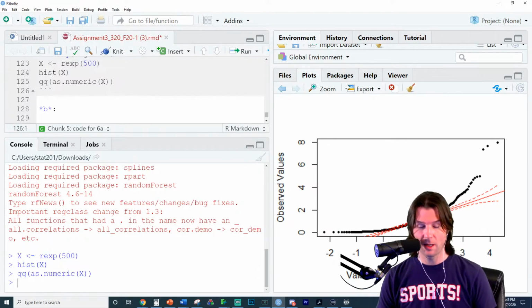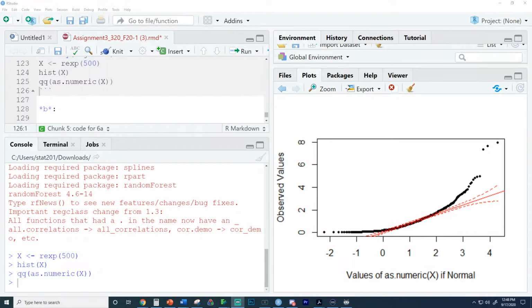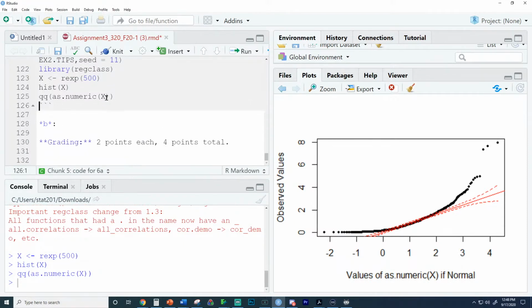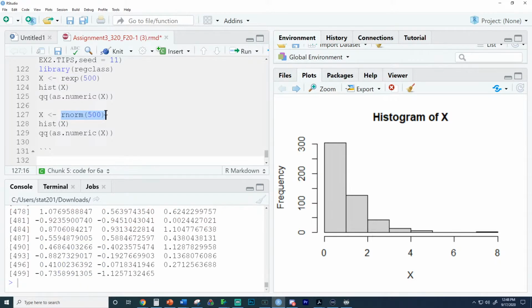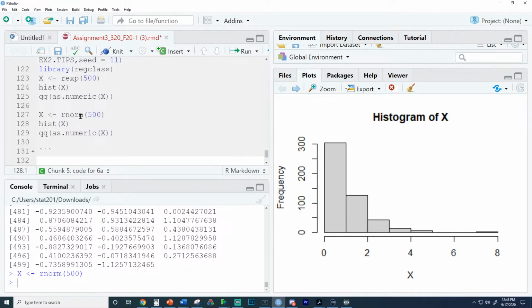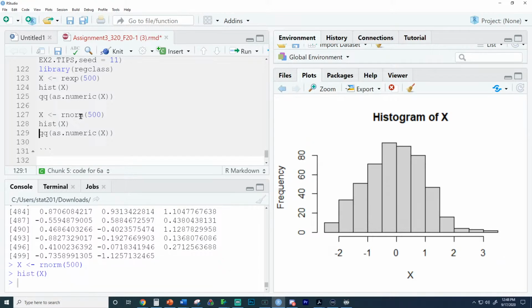So if you look right here, we have a QQ plot that is very bent, i.e. not normal, so it doesn't follow the red line, and the histogram is very right skewed. We can repeat this process with data that's normal and see what we would get. So this stands for 500 random normal numbers. It just generates 500 random normal numbers for us. We're just going to store it into X and make a histogram. The histogram should look what? Unimodal and symmetric. It does. And then the QQ plot for this is going to follow the red line.